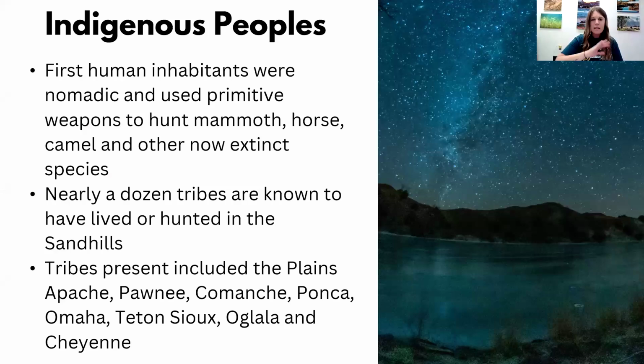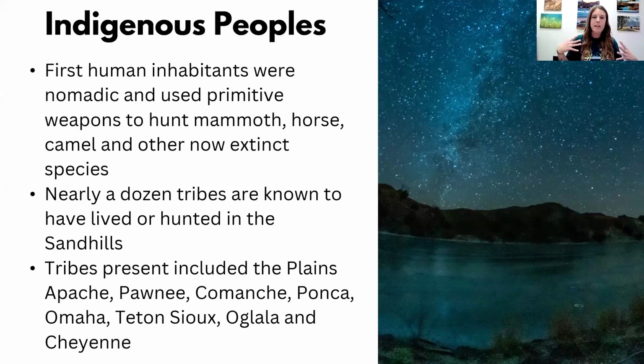So let's talk a little bit about how this became a thing and how we have this in Nebraska when we also have deciduous woodlands in the east and we have shortgrass prairies and tallgrass prairies and we have the river bluffs and we have the Pine Ridge in western Nebraska. So how do we have this thing? It's been here for a long time.